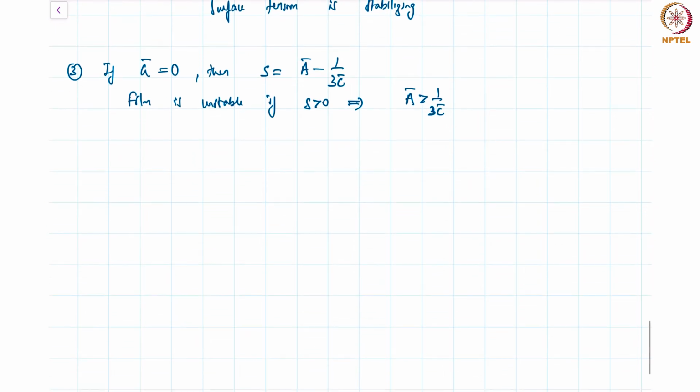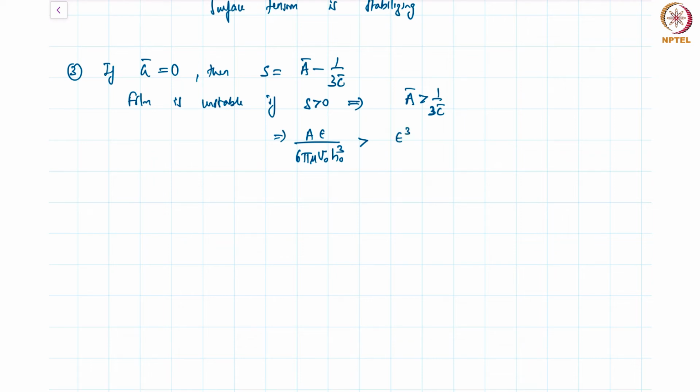So to get an understanding of what this means, we'll substitute the expressions for A bar and C bar. So this essentially translates to A epsilon by 6 pi mu u naught h naught cube is greater than